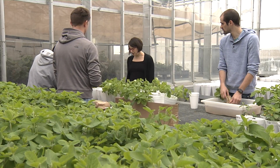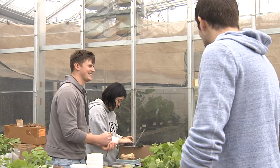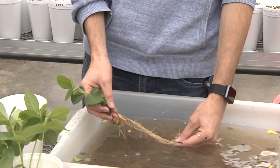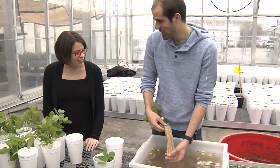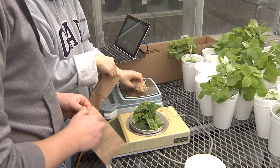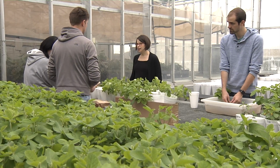Another one of our goals in our soybean research is to improve disease resistance. So most of that work is focused on improving resistance to Phytophthora sojae, specifically quantitative resistance, which is broad spectrum, so effective against multiple races of Phytophthora sojae. And we do that work in collaboration with Anne Dorrance and people in plant pathology. And essentially, we're trying to identify the genes that are responsible for that so we can incorporate them into our breeding program, and so other soybean breeders can also incorporate those genes into their breeding programs to improve resistance